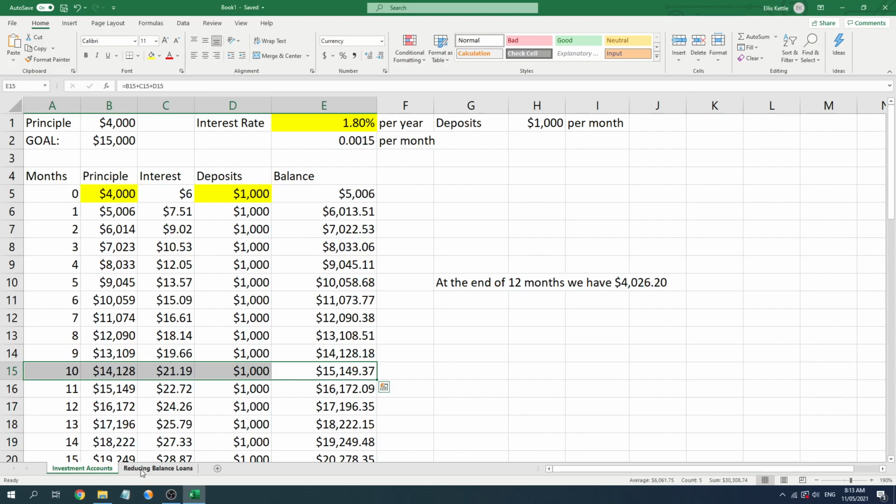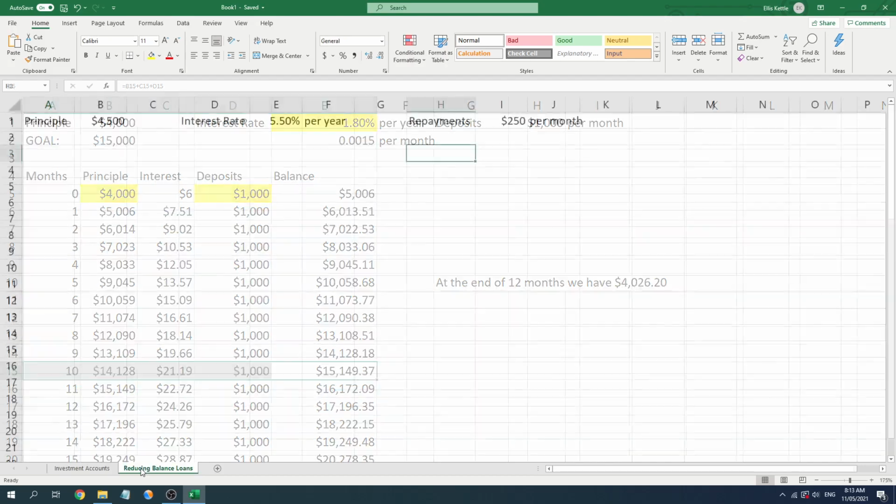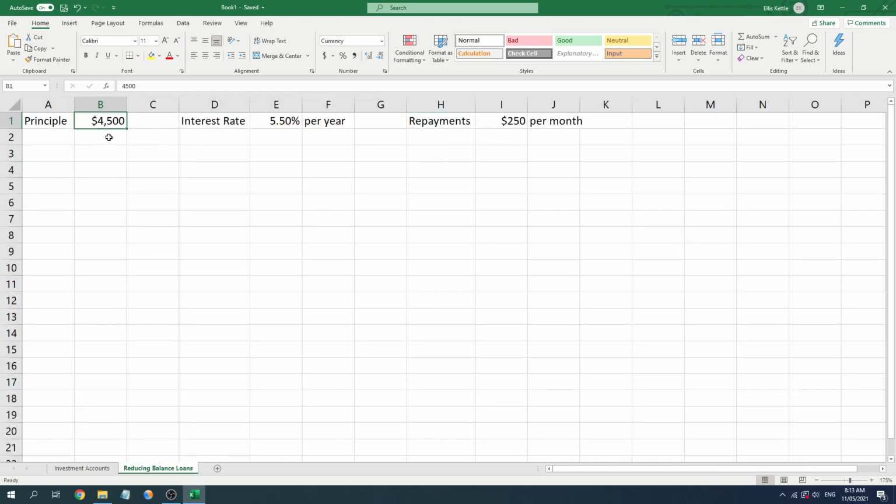Alrighty. Let's have a look over at reducing balance loans. So this is the reverse. We're going to start with $4,500 and we're slowly going to pay it back, $250 every single month. Problem though,